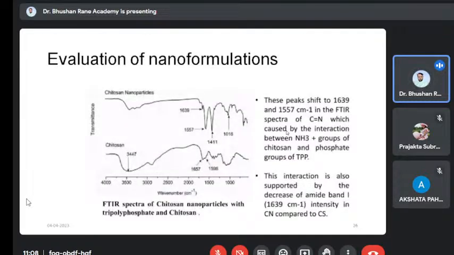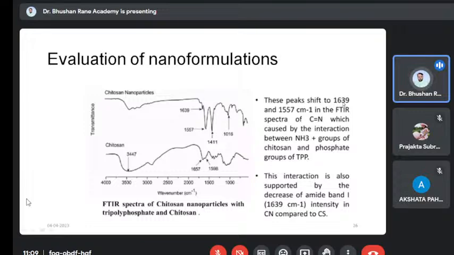So in the case of evaluation of nano formulations, suppose we prepare chitosan nanoparticles. Just observe the spectra here. This is for pure chitosan, and this is for chitosan nanoparticles. In chitosan, peaks are observed at 1657 cm⁻¹ and 1598 cm⁻¹, while this peak